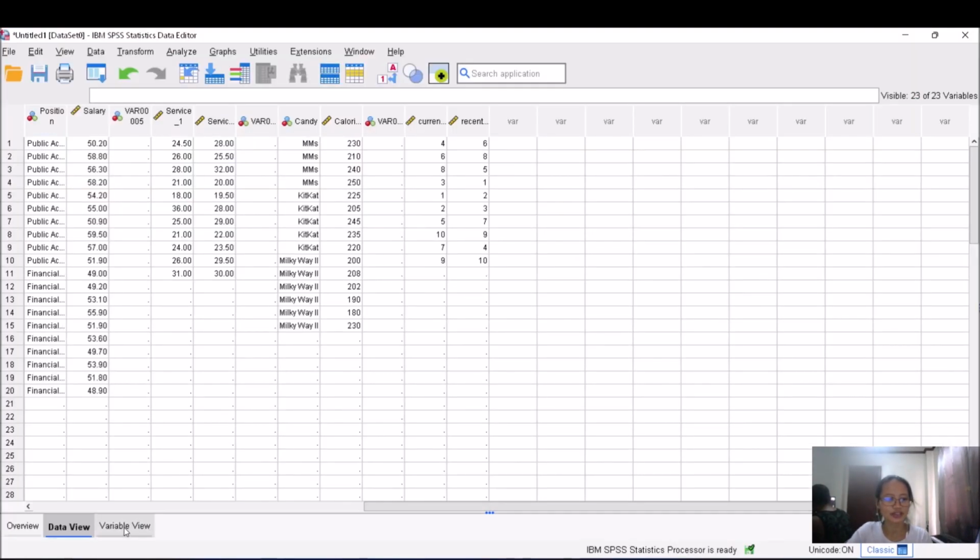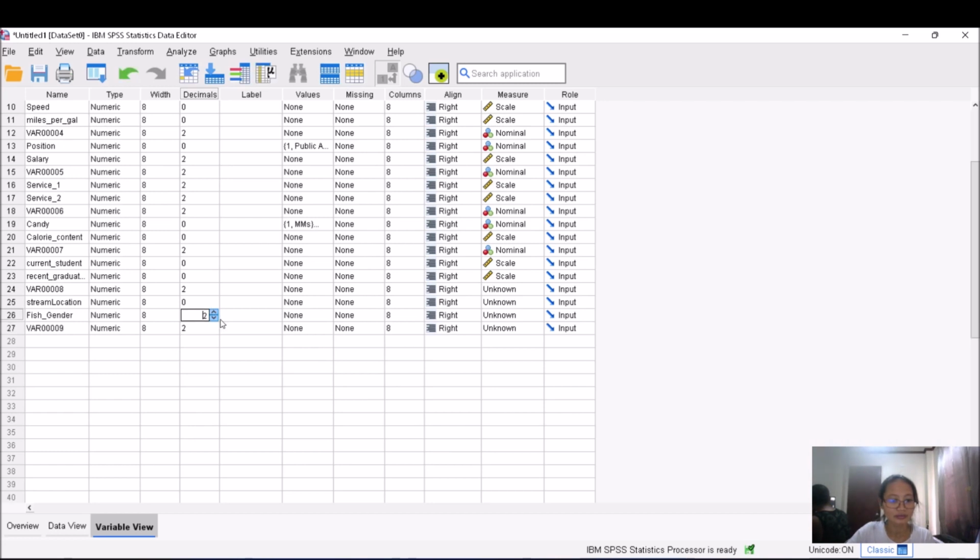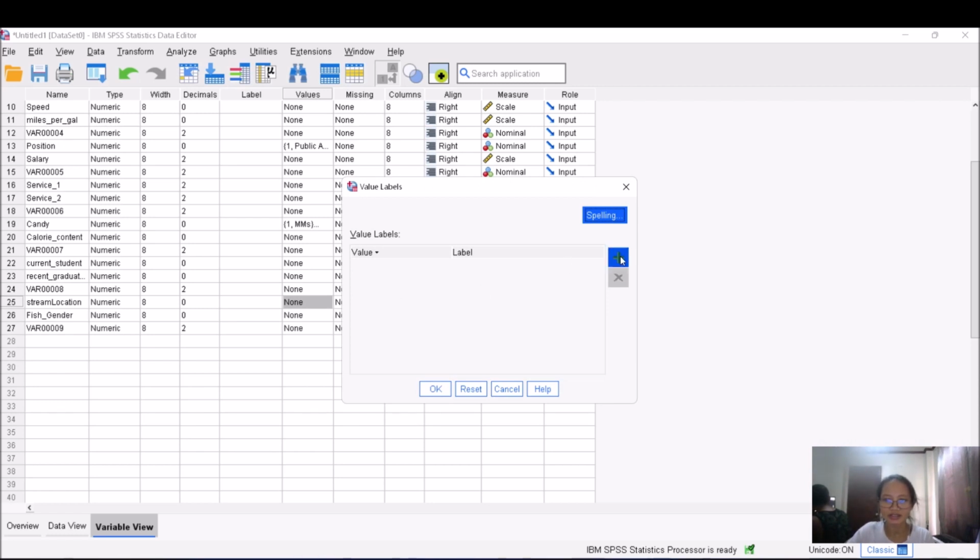Okay, so in your SPSS data here, you can just type stream location, and then fish gender. And you can have 0 decimals. And then for label here, since both are nominal, you can just add 1 for stream A, 2 for stream B, 3 for stream C, and 4 for stream D. Click OK.